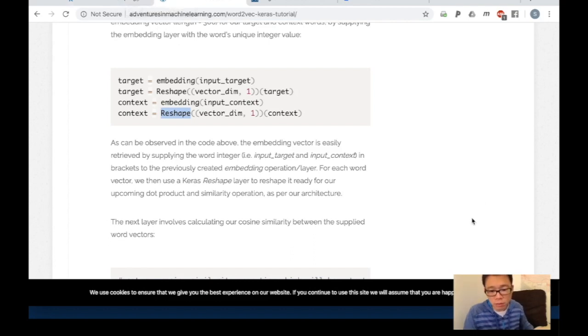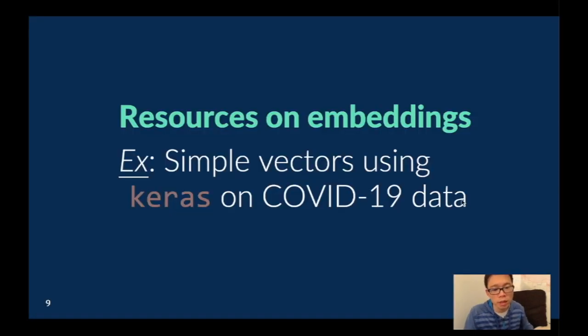So those are some resources for getting started on doing embeddings. Implementing one of them helps you get a leg up on other ones, and especially getting into Keras will allow you to get further into embeddings or into other types of models.